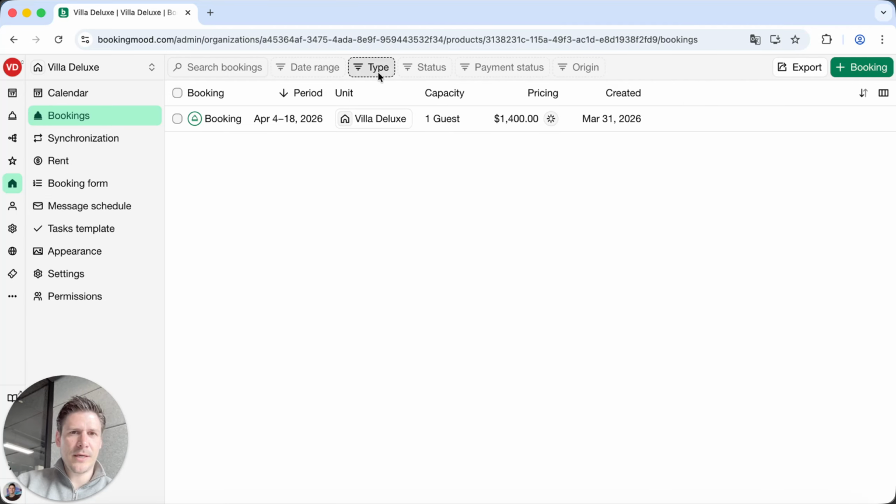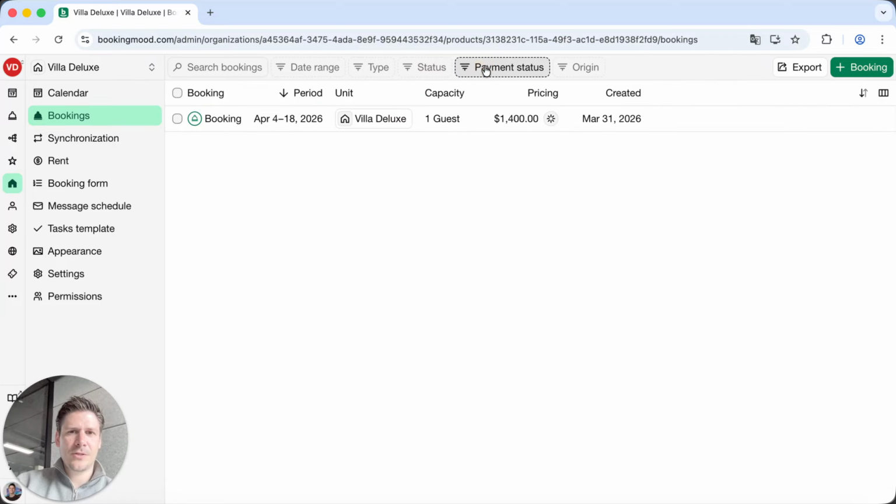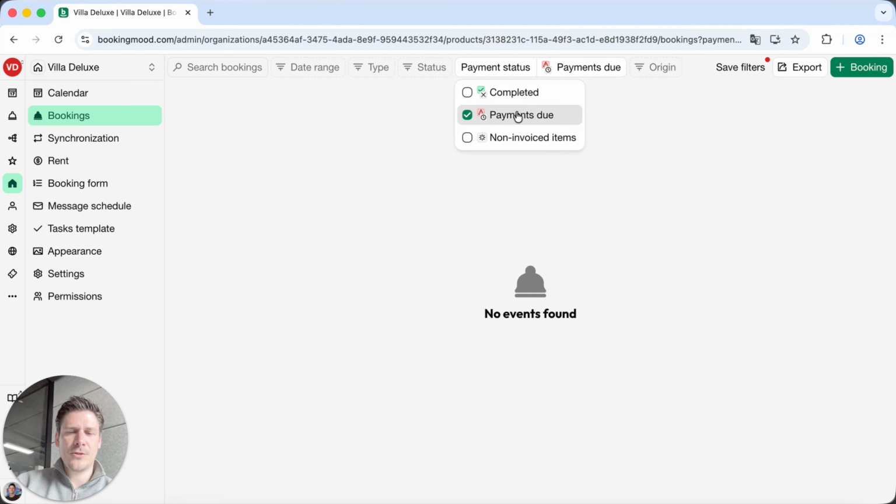As you can see, you can change the status. For example, if you only want to see pending bookings, you will see only the pending bookings. You can also select the bookings where the payments are due, or the non-invoiced bookings. So you can customize views. For example, payments due. There is no booking with a payment due, but I can save it here,